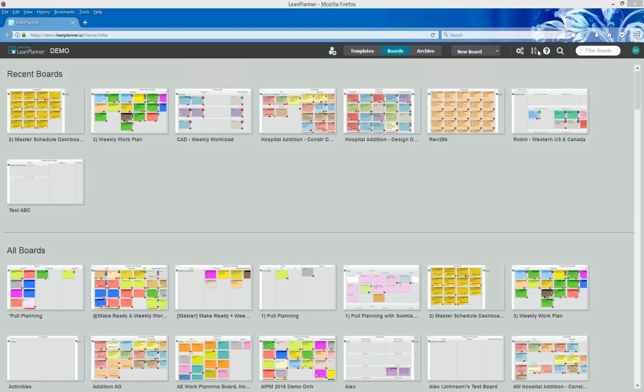Awesome. So Alex, right before you jumped on, I just went through what we're going to be doing. We do have quite a few new people today to the LeanPlanner demo that weren't on the first demo. So we're just going to quickly overview it, answer questions as we go along, and then we're going to swap over controls to Chris so we can check out their board and how their team has set up their LeanPlanner board.